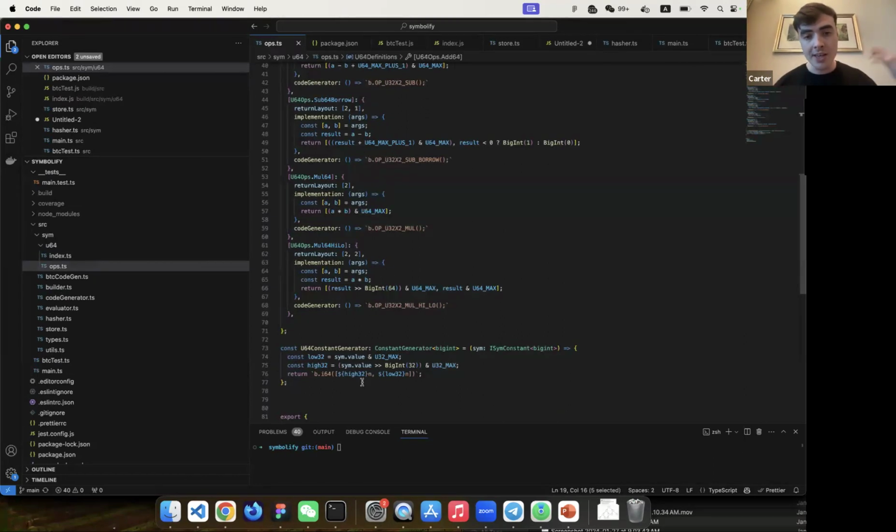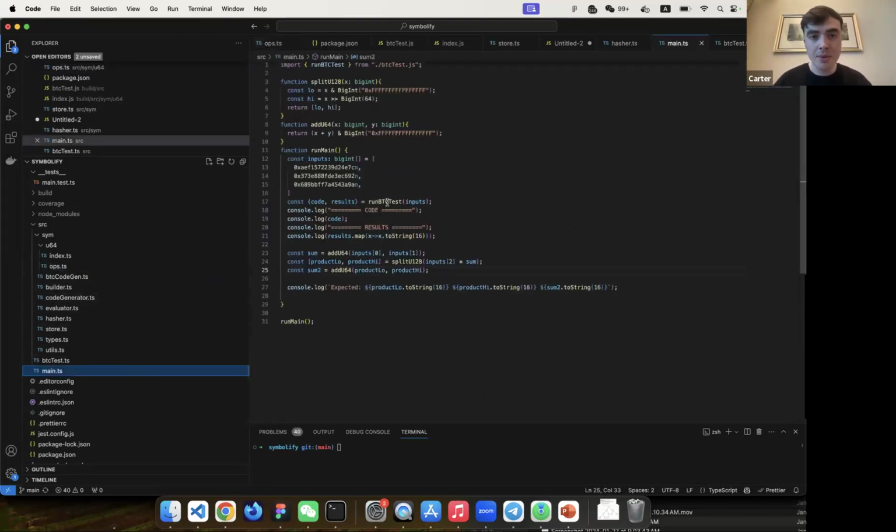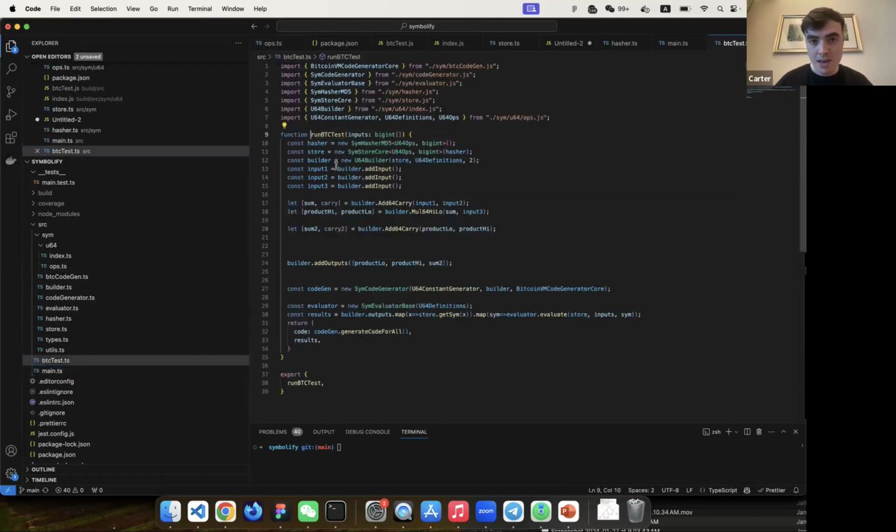And what we're going to do is generate an evaluation trace based on some programs. With Symbolic, it makes it really, really nice and easy. So over here, we have our program. What we're going to be doing is defining several inputs, and we can define those by using the add input function. And then we can perform operations like here we're performing the add 64 carry, which is going to add 2 numbers together, and it's going to return the sum of those 2 numbers as well as the overflow bit of